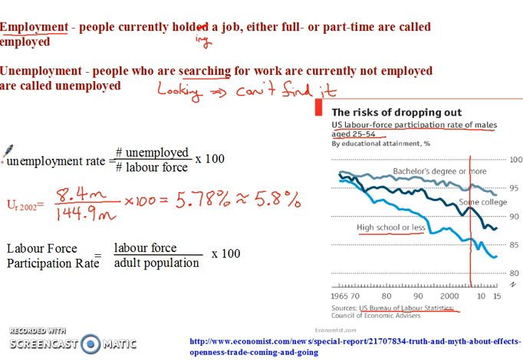And if they couldn't find work, they would be called unemployed. But now they've just pulled themselves out entirely, and they just say, we're not going to look for work anymore, and so they drop out of the labor force. And that's a big problem for a country, because their production, their gross domestic product, is going to decline, because they're going to have a large number of people who are not participating in productive endeavors.